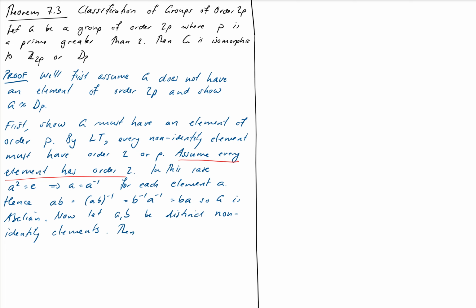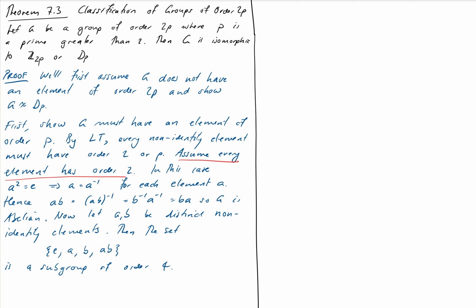Then, okay, here's the key thing. The set comprised of these 4 elements here, E, A, B, AB, is a subgroup of order 4. Okay, so that's a problem, because remember, every subgroup of our group had to be either of order 2 or